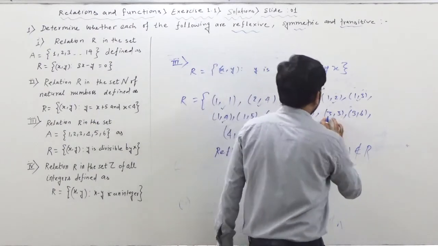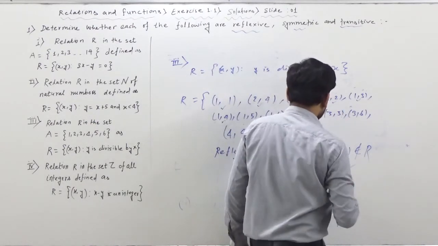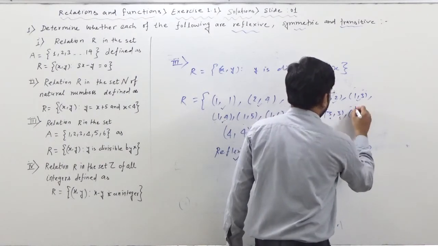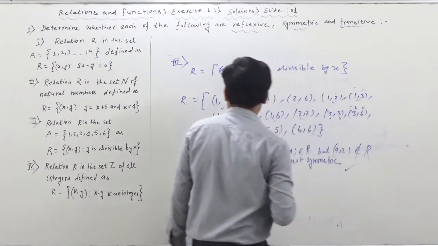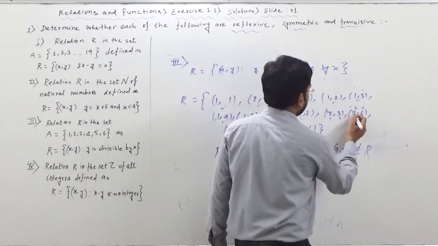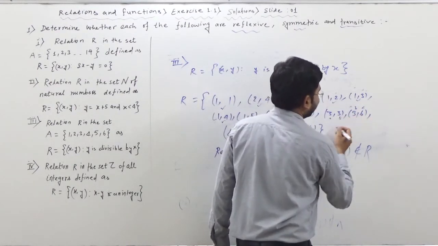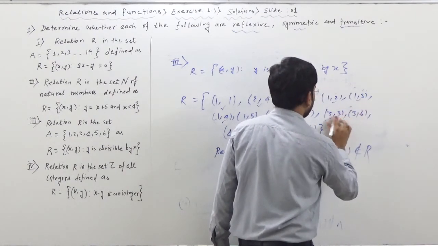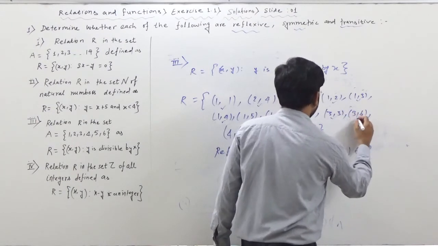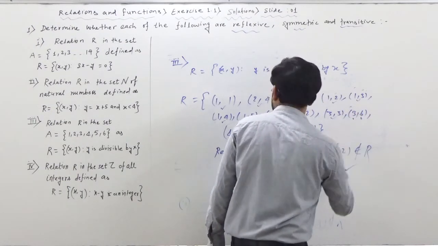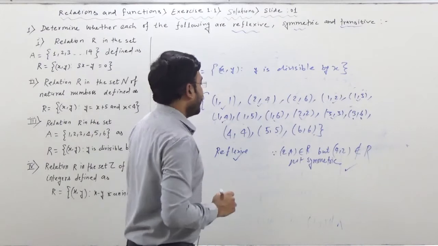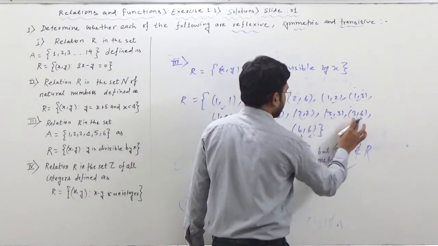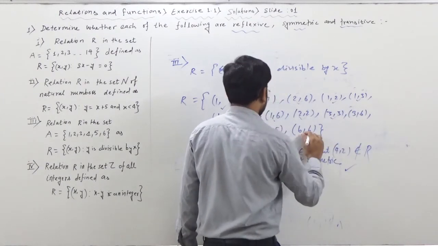Alright. 3 comma 3 is there. Means A comma B. Now here it is B comma C. So what is that B comma C? 3 comma 6. So A comma C is going to be 3 comma 6. 3 comma 6 already there. Alright. Also okay. Now A comma B is there. Now where is that B comma C? This can be the B comma C. So 3 comma 6 again. Yes, it is available. Alright.